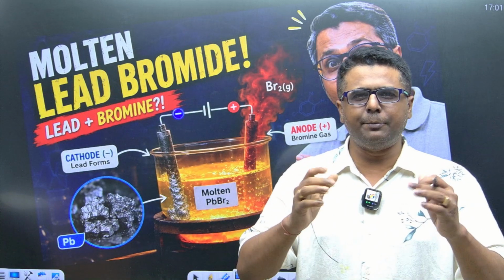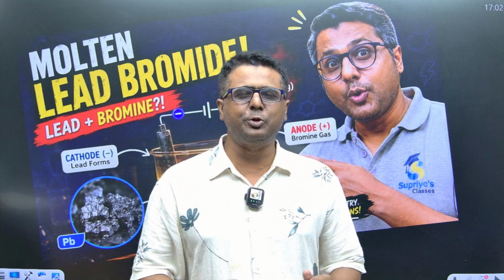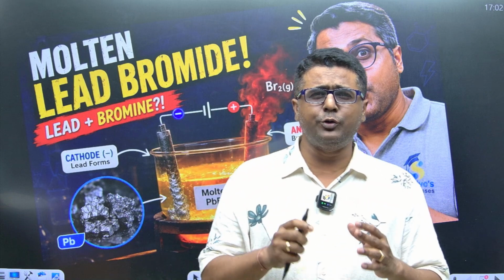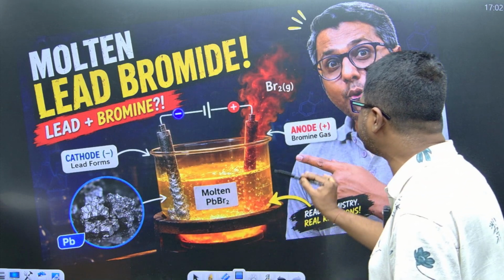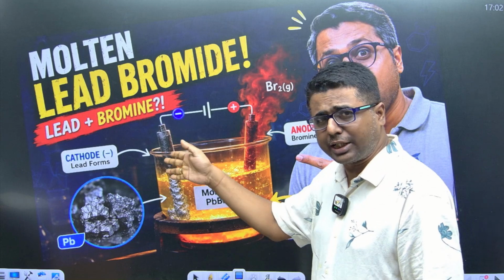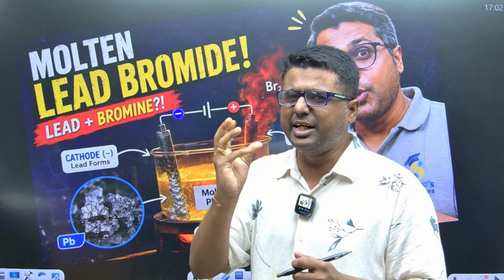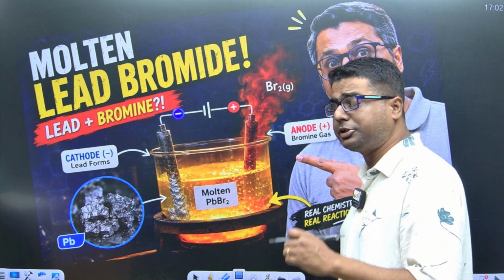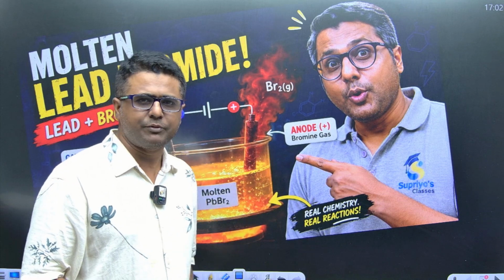Hello everyone, welcome to Supnit's classes, and today we are going to do another very important example of electrolysis, which is electrolysis of molten lead bromide, where we are going to see very beautiful reddish brown vapors of bromine coming out of one of the electrodes, and on the cathode you are going to see a grayish colored deposit of lead getting deposited. So we are going to study the chemistry behind this total phenomena step by step. So stay tuned and with your copy and pen.